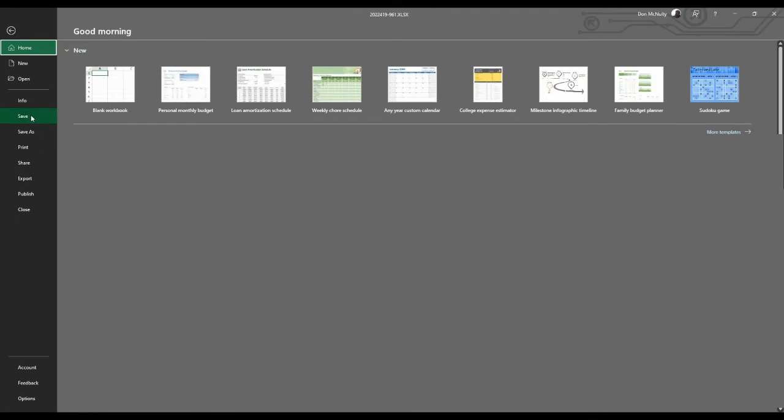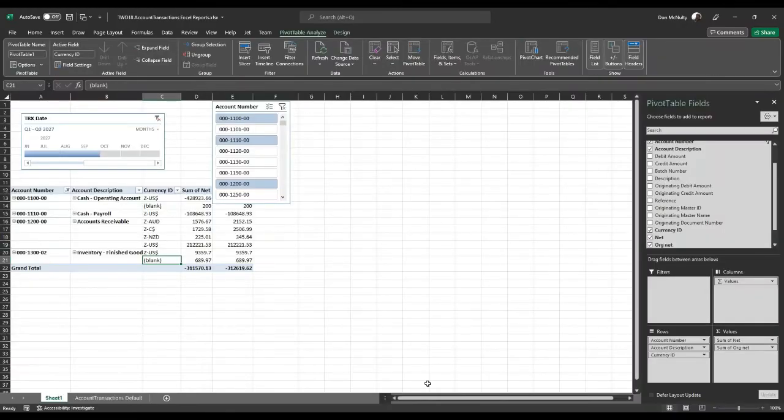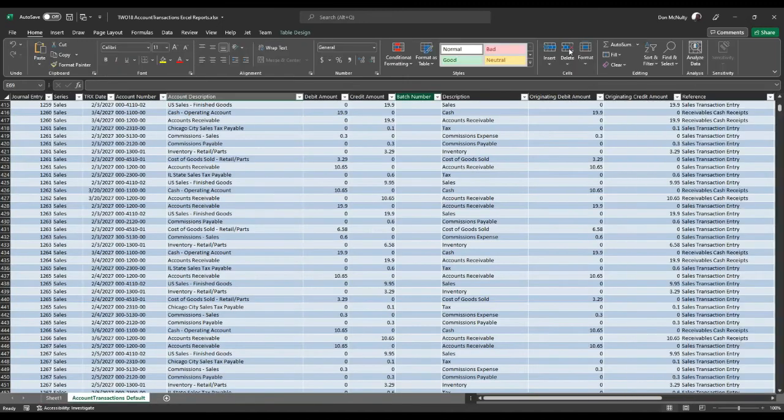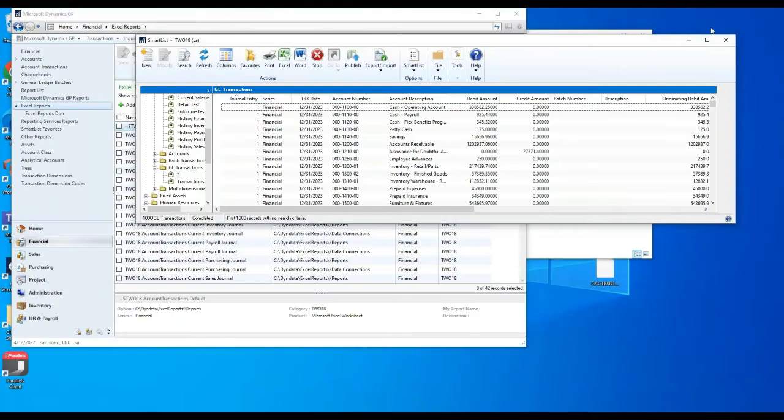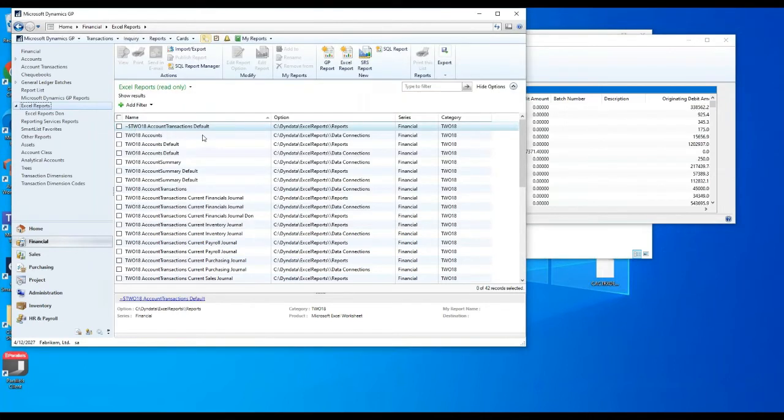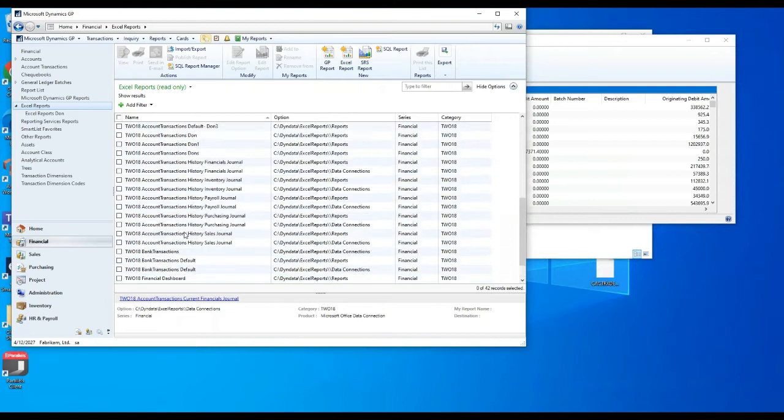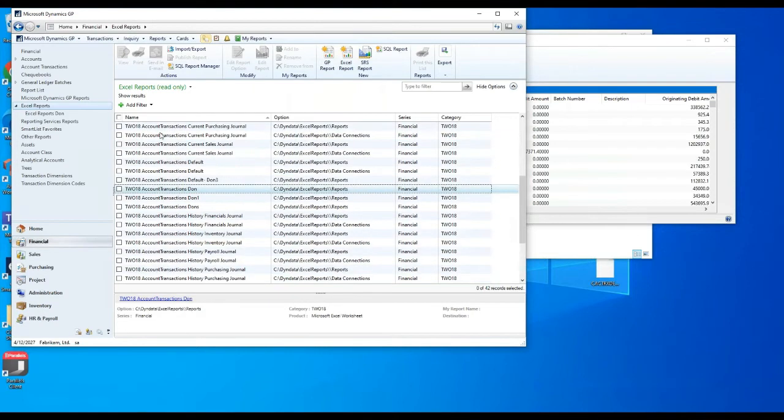And I'm just going to close this right now in Excel. So now, when I look at a report inside here, when I go to financial and click on Excel reports, it brings up this list of reports. I go down to account transactions default, grab the one that says report here, and when I double click it,